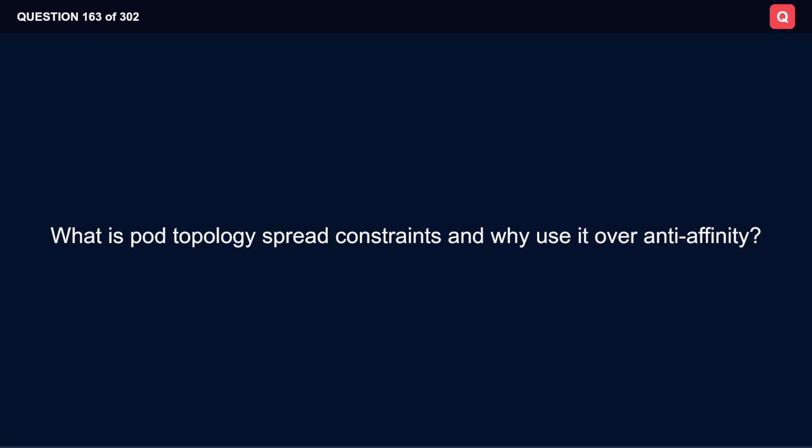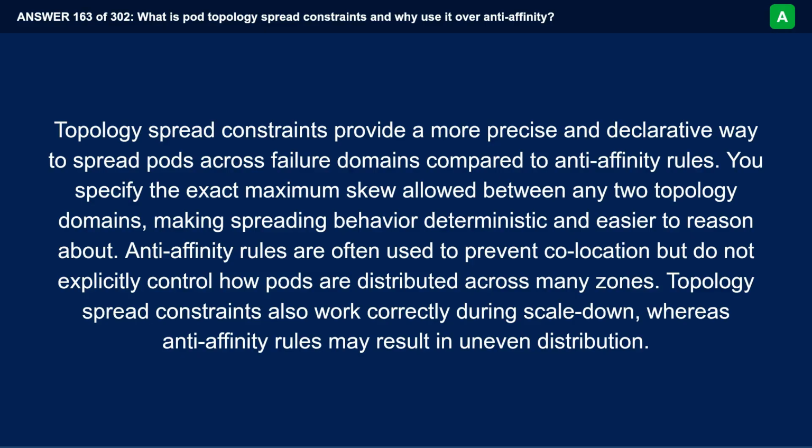What are pod topology spread constraints, and why use them over anti-affinity? Topology spread constraints provide a more precise and declarative way to spread pods across failure domains compared to anti-affinity rules. You specify the exact maximum skew allowed between any two topology domains, making spreading behavior deterministic and easier to reason